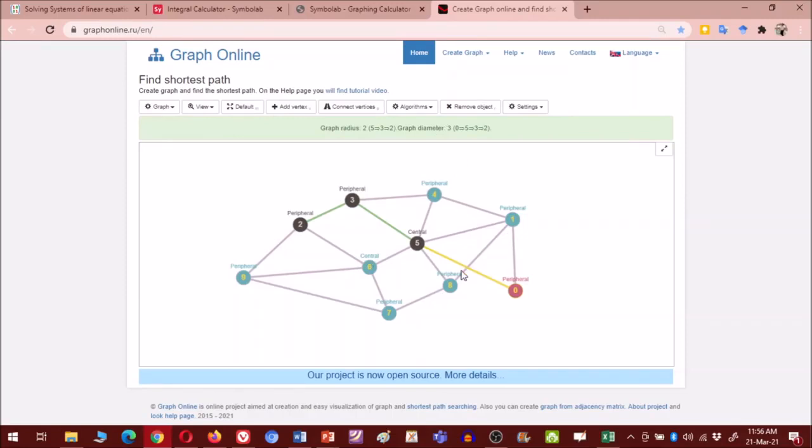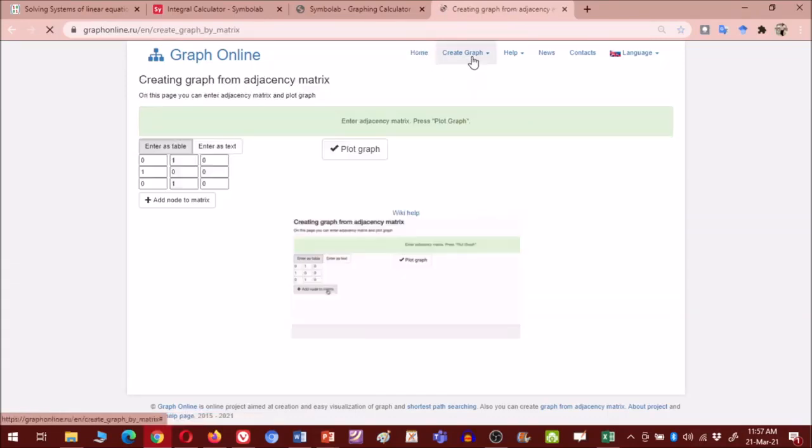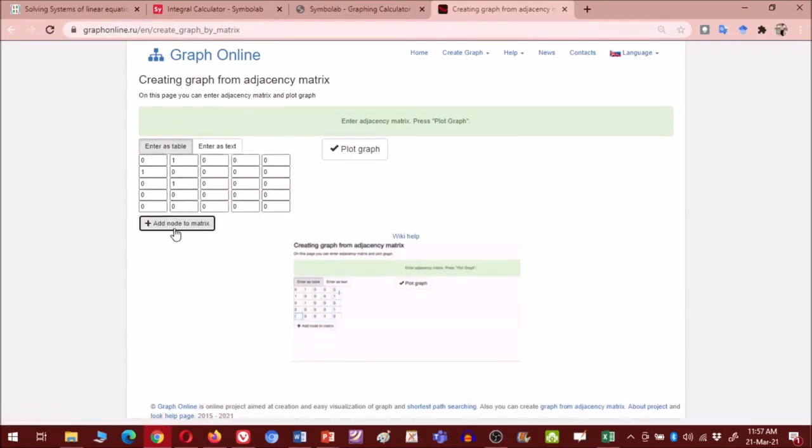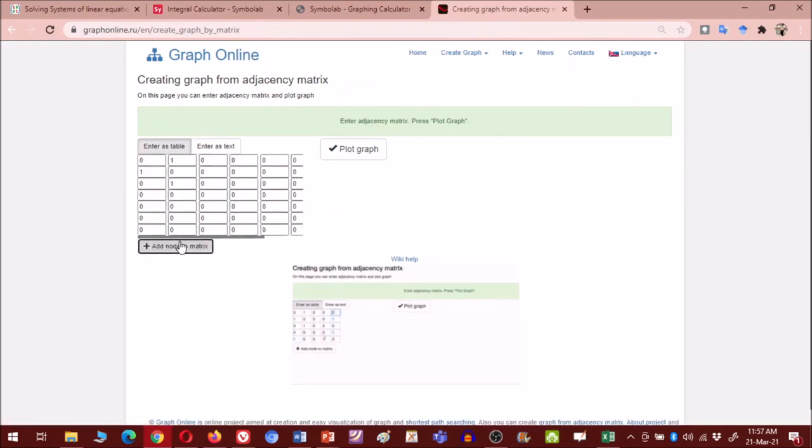If you have any given graph, then you can have this. These are only 10 vertices. I have added vertices and edges manually, but if you have any data, suppose an adjacency matrix, then you can simply use that adjacency matrix. So this way you can add so many nodes to the graphs.